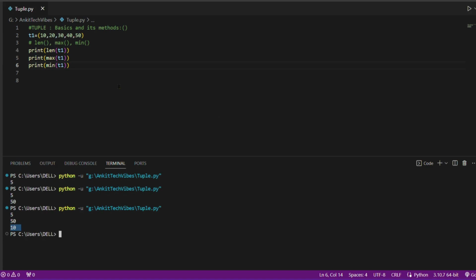So one important method is how we can sort tuples. Let's change the elements so that when we sort elements, they should sort in ascending or descending order. 25 and this is 5. Save it. Now we are performing how to sort